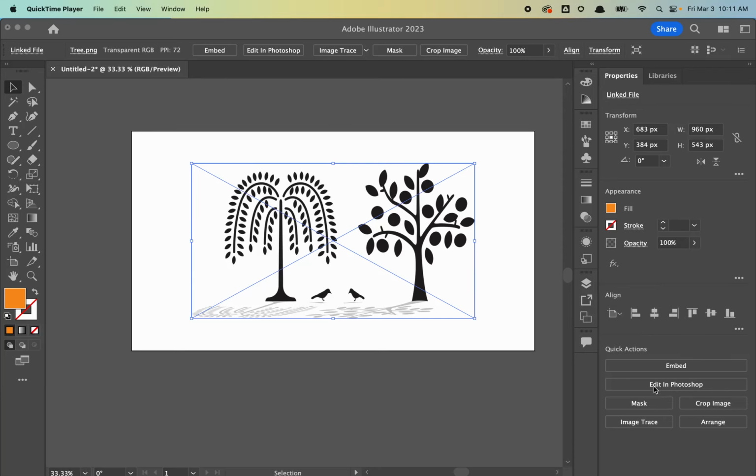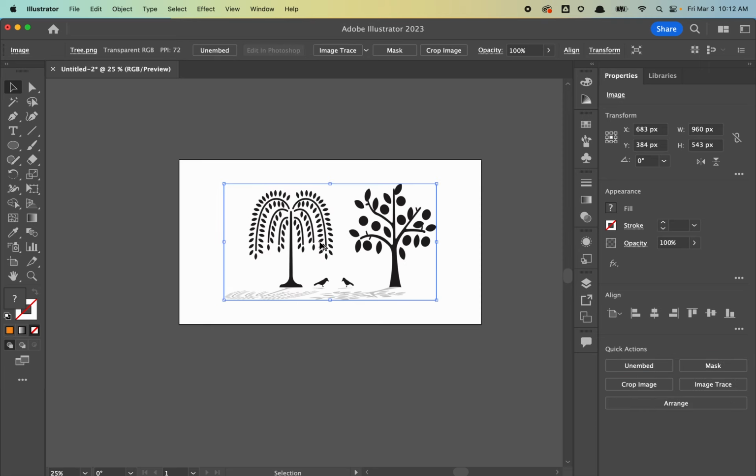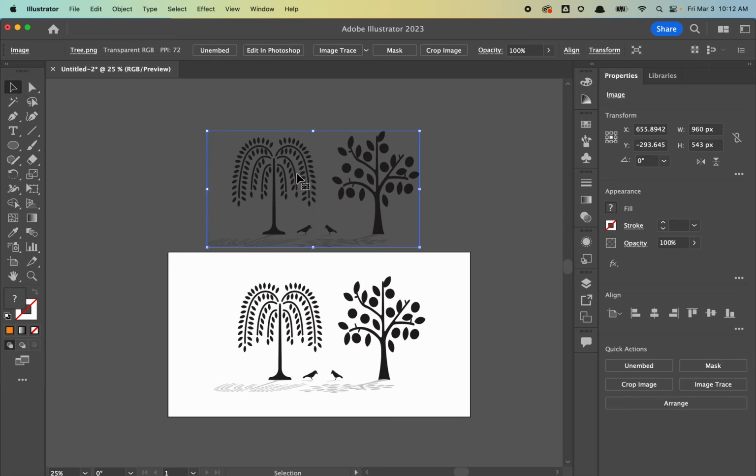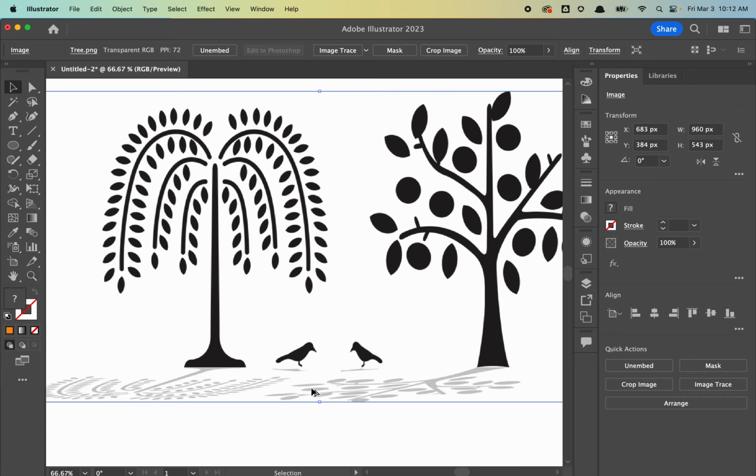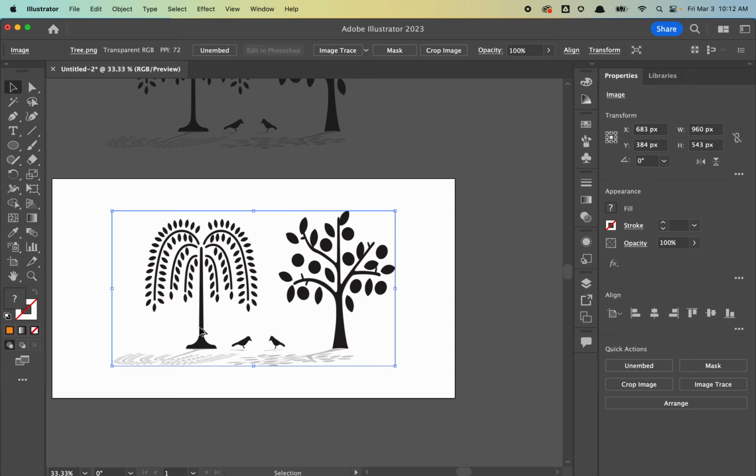Again, image trace, but what we're going to do first is embed the image. That way the image becomes part of the document like so, and we're going to duplicate it so that we have another copy of it up here. Now what we're going to find is that the shadows of this image are going to be difficult for Illustrator